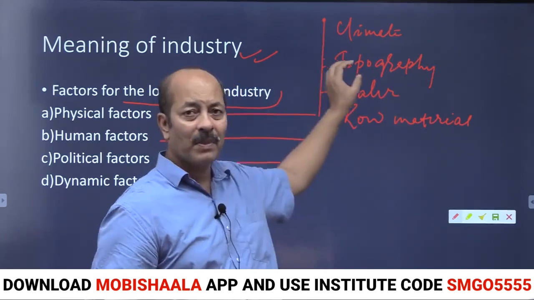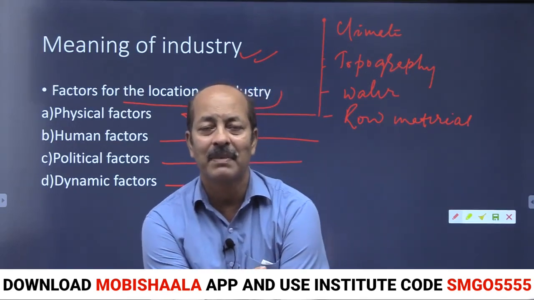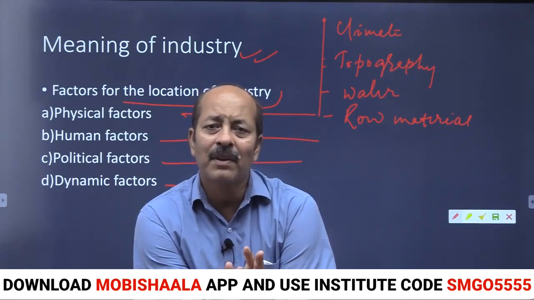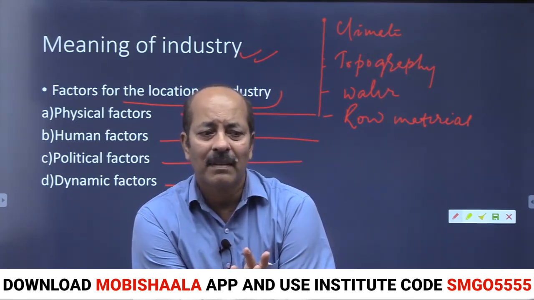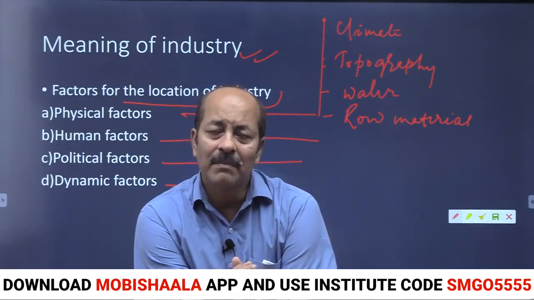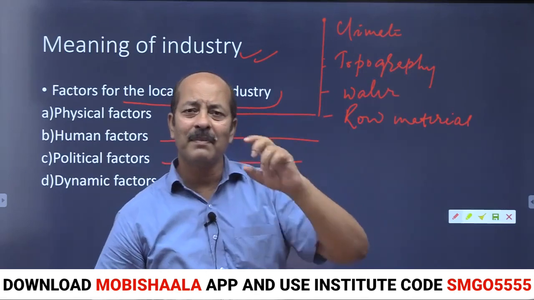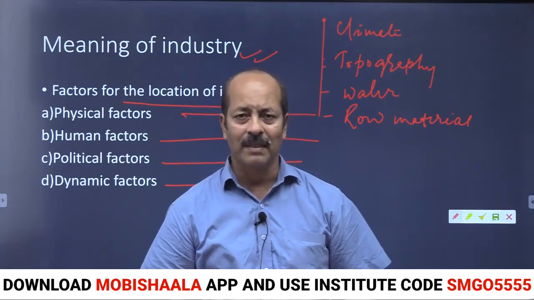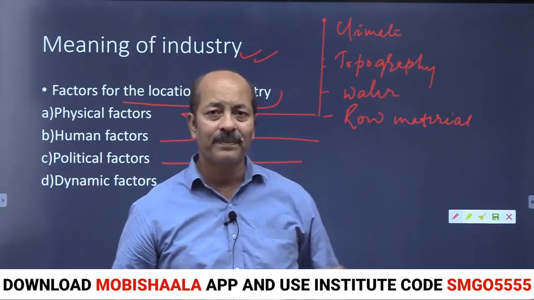Now the second thing, you have topography. Now you can imagine the face of earth, the face of India. You have mountains, plateaus and plains. You will find that the mountain area is less developed in terms of transportation. Plateau areas and plain areas are well developed in the means of transport and communication, and also have better mineral resources. So for the location of industry, plateau areas and plain areas are more favorable than the topographical area of mountain. So that was the second discussion, topography.